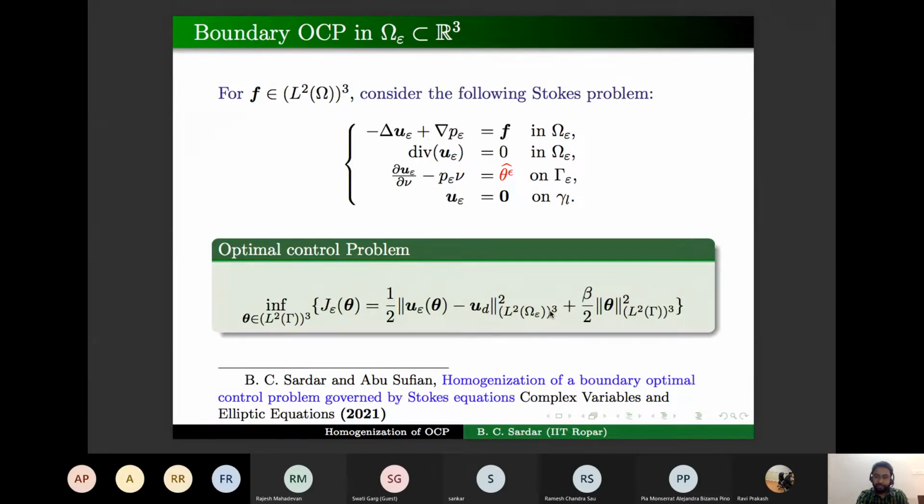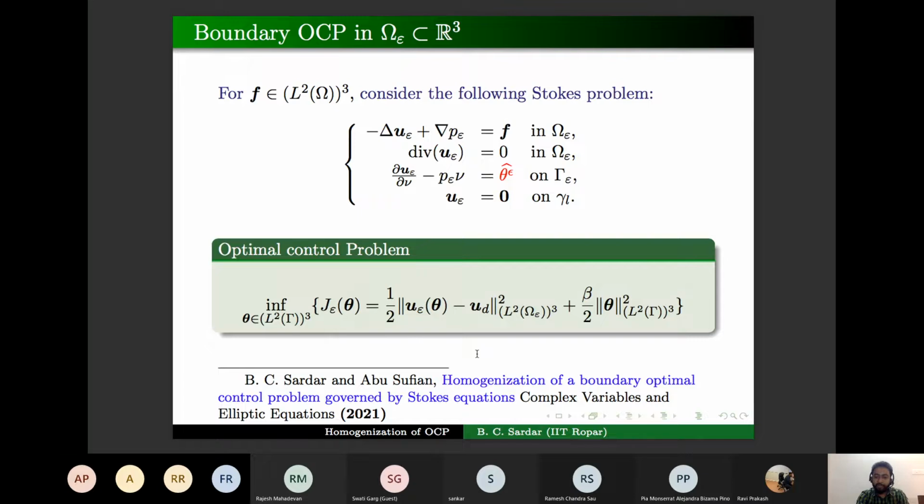It corresponds to the Stokes operator. Fine. Here we have applied the control through the Neumann boundary condition on the oscillating part of the domain, and the optimal control corresponds to a quadratic cost functional. Okay, and we obtained the result. First we showed the existence and uniqueness of this optimal control problem, and we have also given the characterization of the optimal control problem.